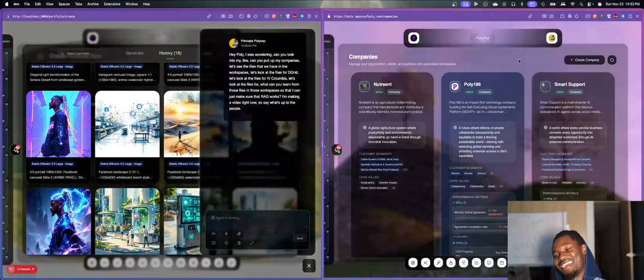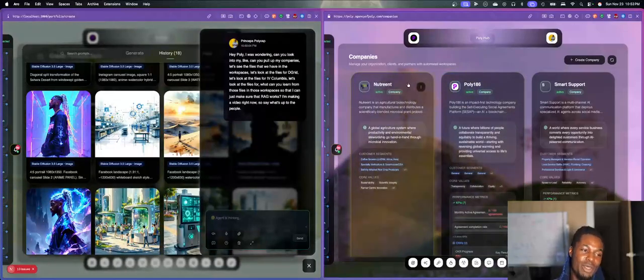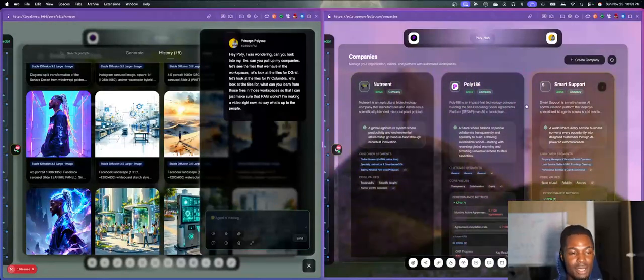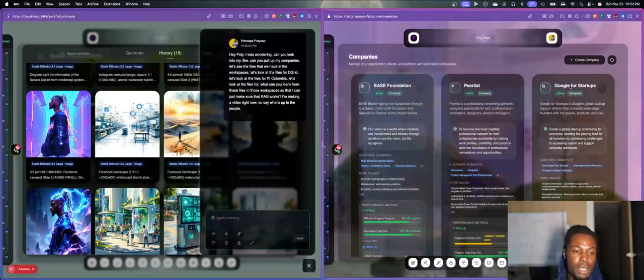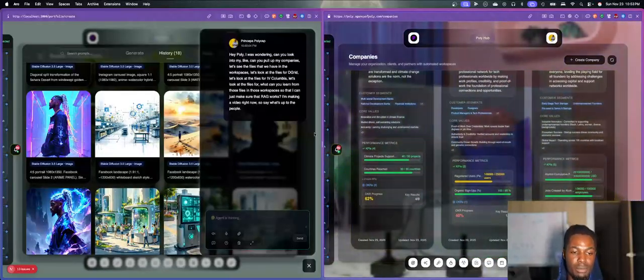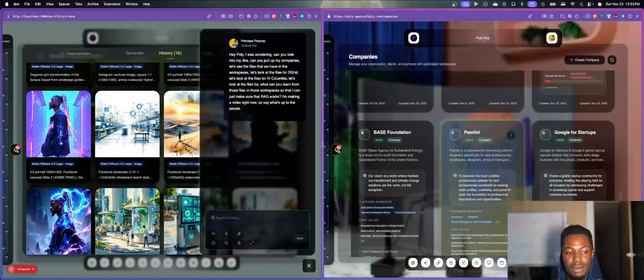But if you're an agency such as ours, you can create a bunch of your client companies here and start working with them, right? These are research,